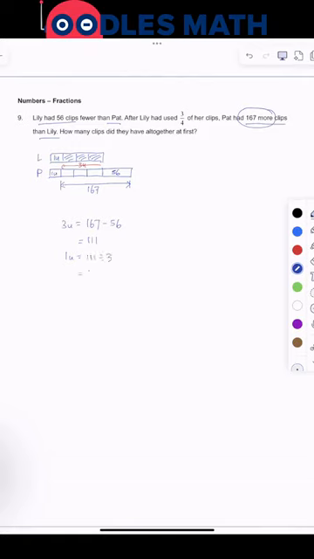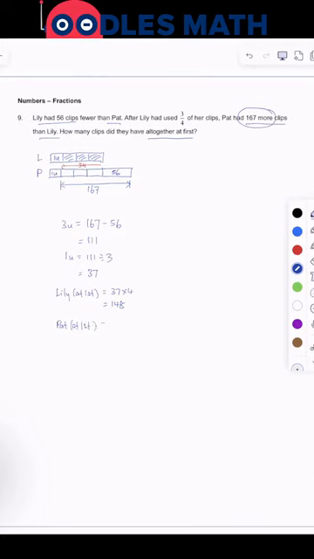That gives me 37. So now, what does the question want us to find? How many clips do they have all together at first? So all together, I know that at first there will be 4 units for Lily, and let's find for Lily first. At first, Lily will have 4 units, so it will be 37 times 4. That gives us 148. Now for Pat, at first,